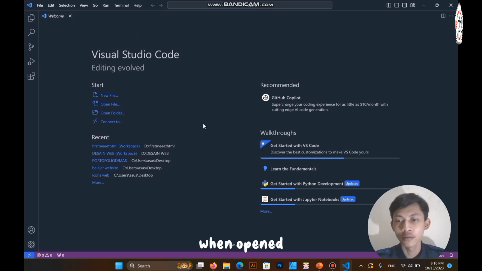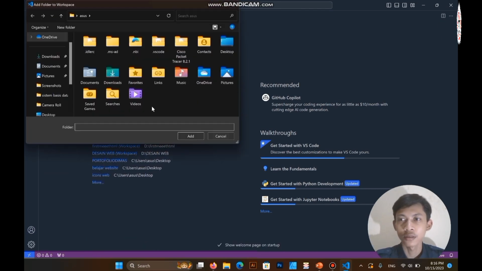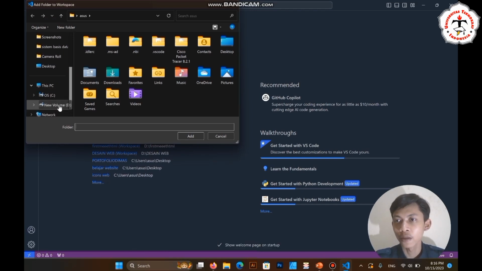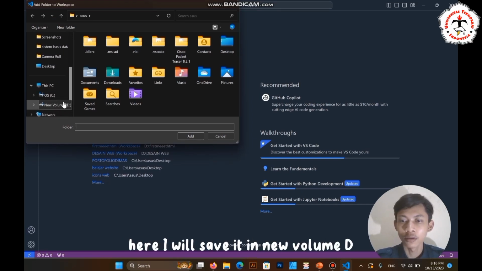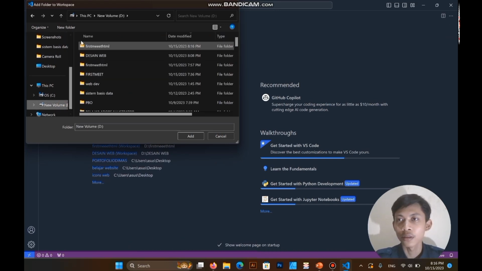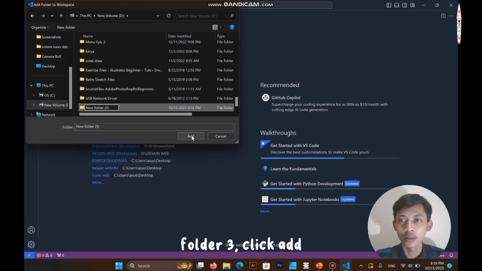Once open, we select the file and click Add Folder to Workspace. Select a place to save your document. Here I will save it in new volume D and new folder, folder 3, click Add.